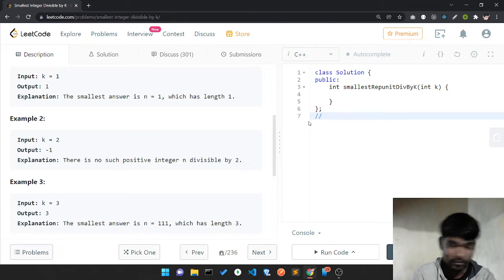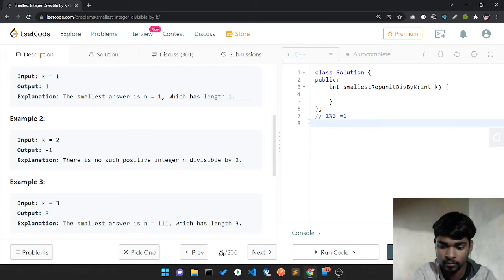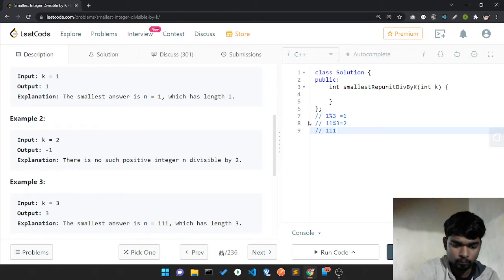By the 1s sequence. Let's take 3: 1 modulo 3, what is the remainder? The remainder is 1. 11 modulo 3, what is the remainder? The remainder is 2. 111 modulo 3, what is the remainder? The remainder is 0.